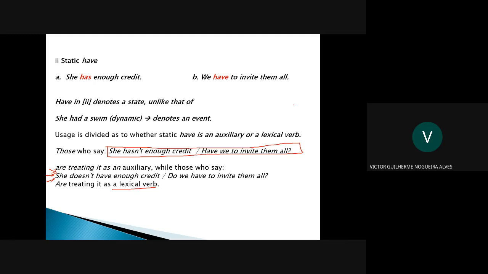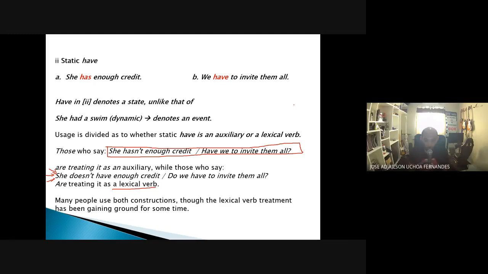Yes, yes, it is, teacher. So many people use both constructions, though the lexical verb treatment has been gaining ground for some time. And I'd say it's a tendency that it will be dominant, okay? Because of the tendency of American English to keep this status of a worldwide spoken language, okay? So